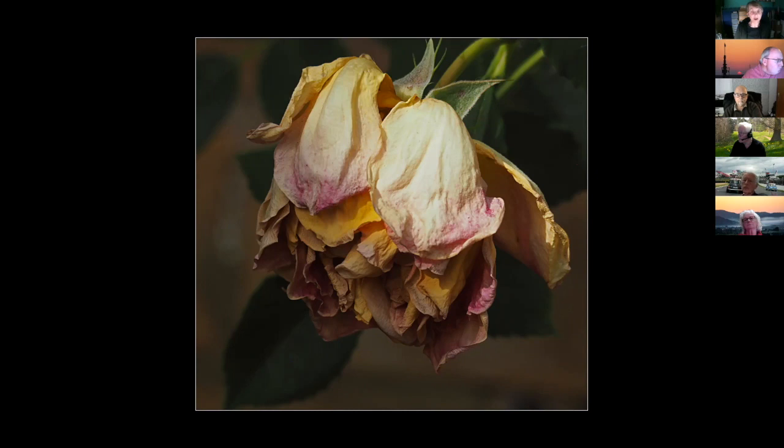As an image, the top part of the petals are over bright and the lower part is not bright enough. So had you considered it as an image a little bit more, you could have rectified that, or you could do it in post-processing. The background you've left diffused, that's absolutely fine. But to summarize the feelings, I think